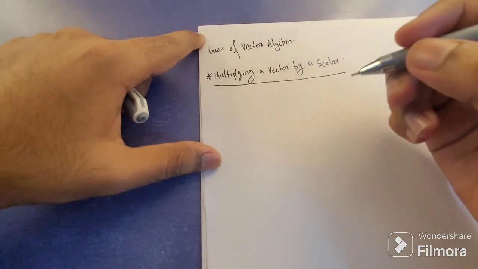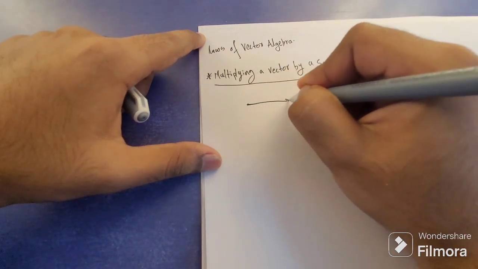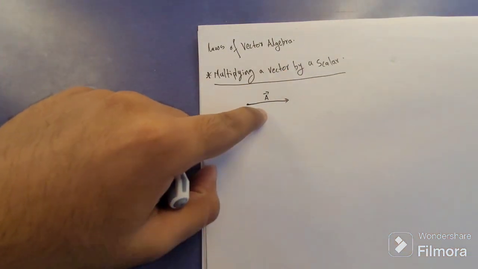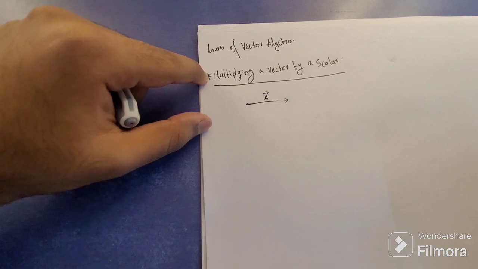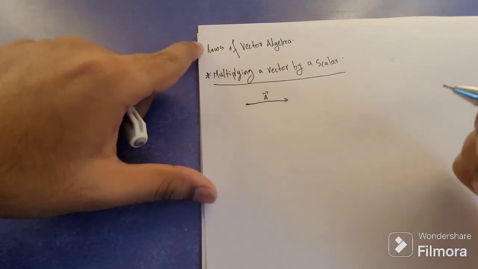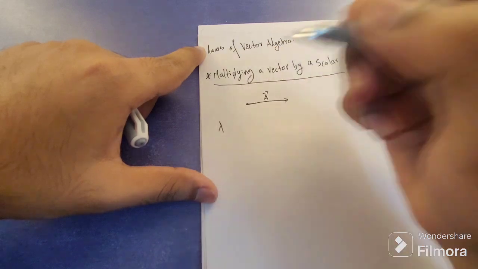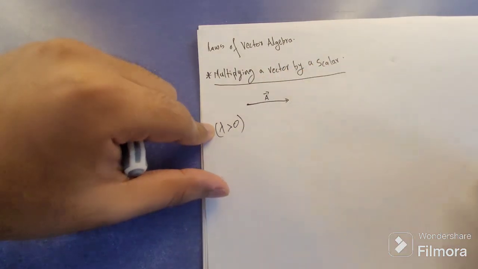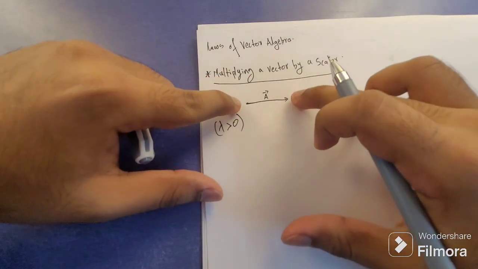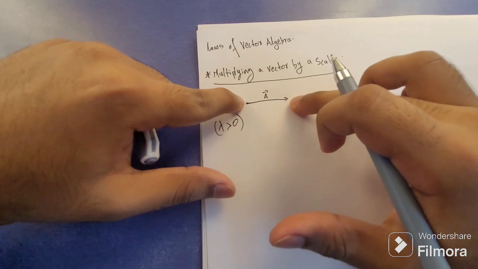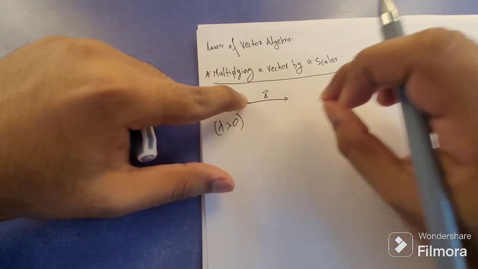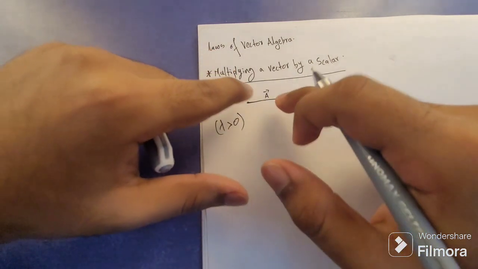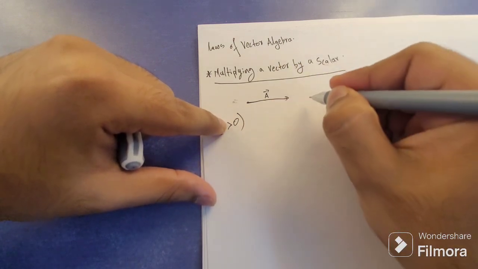So let's just suppose we have a vector like this. Let us name it a vector. Now, what is meant by multiplying a vector by a scalar is that suppose I have a real number lambda, and let's just assume for now that it is greater than 0. By multiplying this vector by a scalar, we just mean to scale it up or scale it down. So if lambda is greater than 0, then if we multiply this vector a by lambda, we will get a new vector